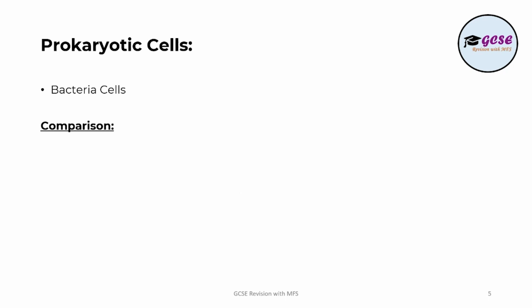We're now going to move on to prokaryotic cells. Now, the key idea over here is that the example of prokaryotic cells most commonly used for exams are bacterial cells. The key difference between prokaryotic cells and eukaryotic cells is that prokaryotic cells do not have a nucleus. Their DNA is left floating in the cytoplasm, which is the jelly-like material inside cells. Okay, so if we have a look at a comparison,